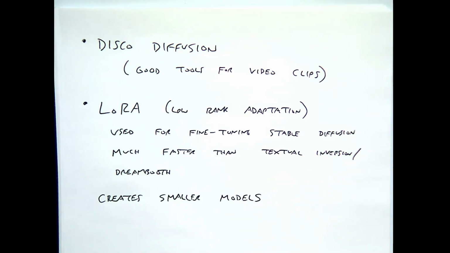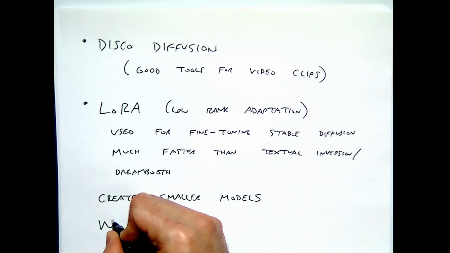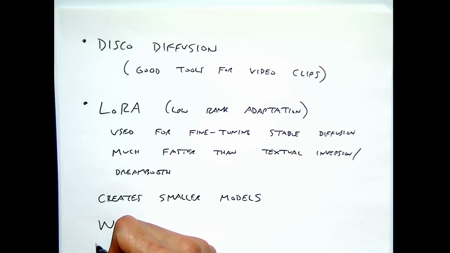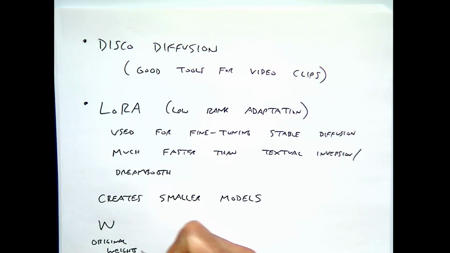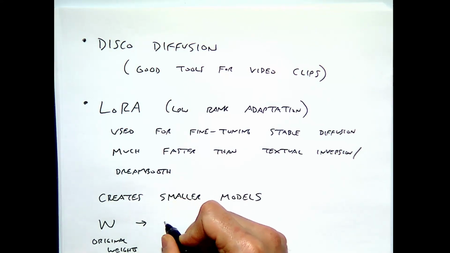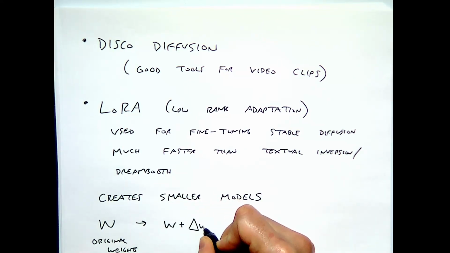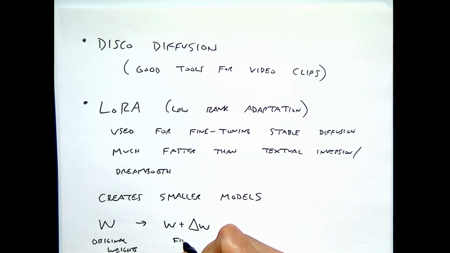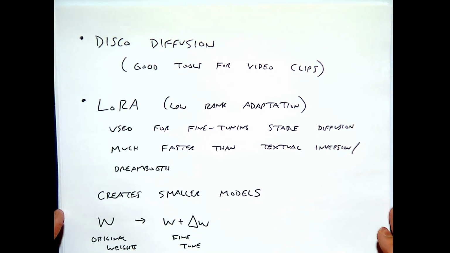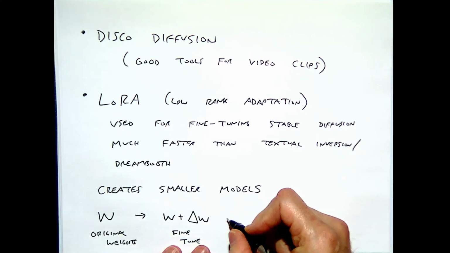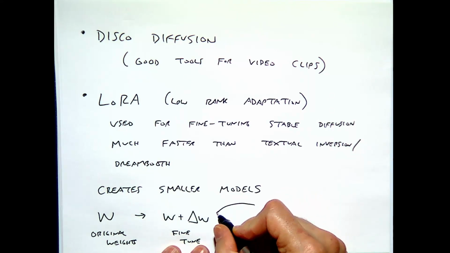And so the idea is that if I have the original weights, W, of a big model, right? And then my fine tuning, I can think of like changing the weights by some delta. Now these weights are billions of weights, right? They're huge. But the observation was that I want to represent this delta W